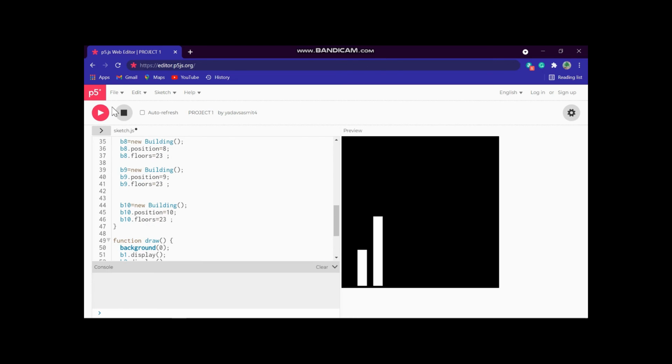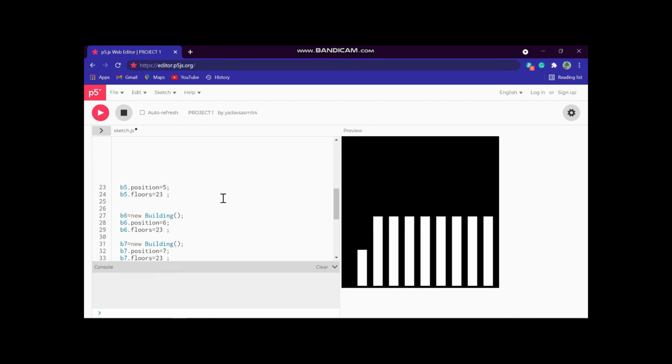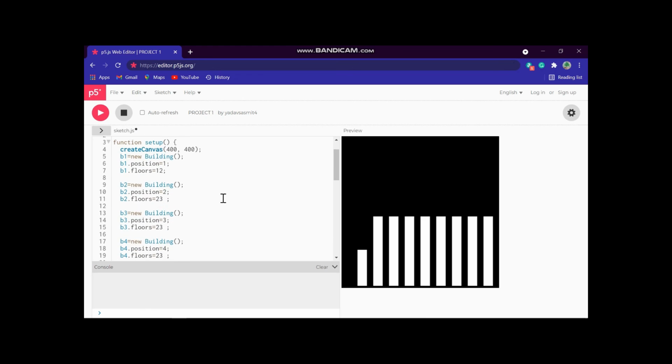Now if you run, you can see all the buildings look the same, because we copied the last one and pasted it. Now we have to change the height and everything. As I said, you have to enter random floors, not maximum, not minimum. You can enter anything. For building 1, enter 25. Then for building 2, enter 20.